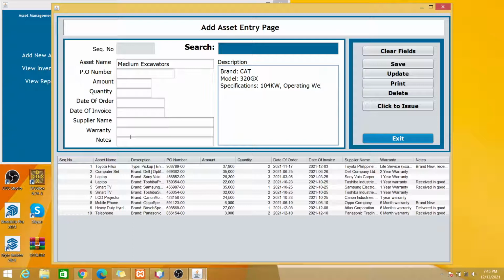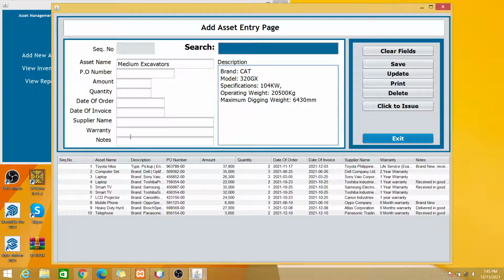Operating weight, let's put this down. Operating weight will be 20,500 kg, and then maximum digging weight will be